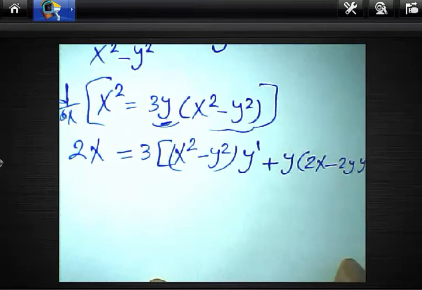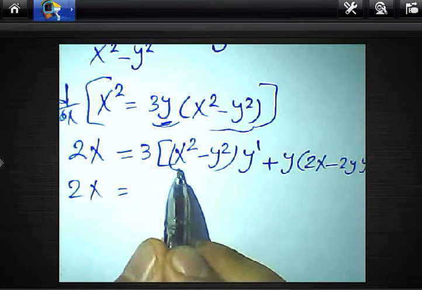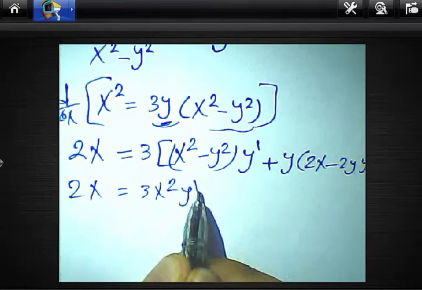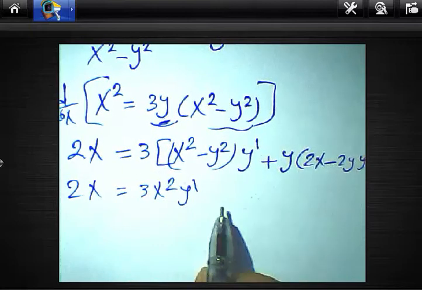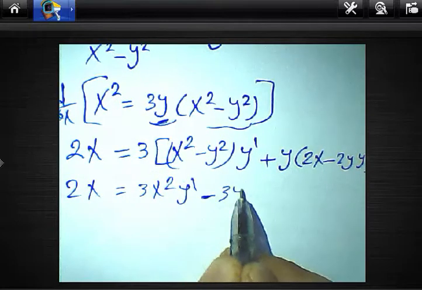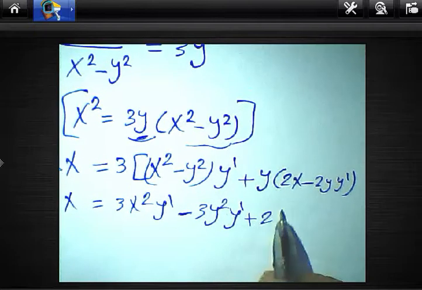Okay, we can complete it. 2x equals 3x squared y dash, distributing x squared and y dash, and 3 subtract 3 times y squared y dash plus 2xy,